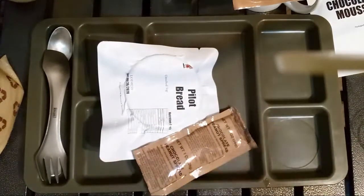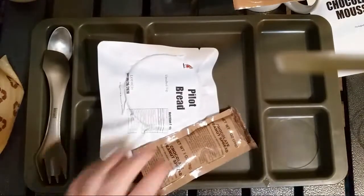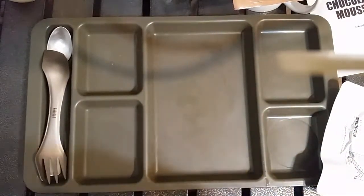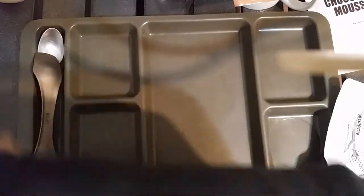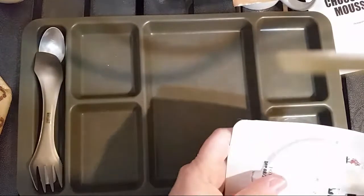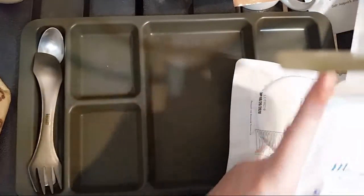Now the rest of my cold water I will save for the mousse. Of course, I won't use that entire contents of that bottle. Now I'm going to go ahead and give this another shake. Oops, sorry about that. So while I wait for that to sit,